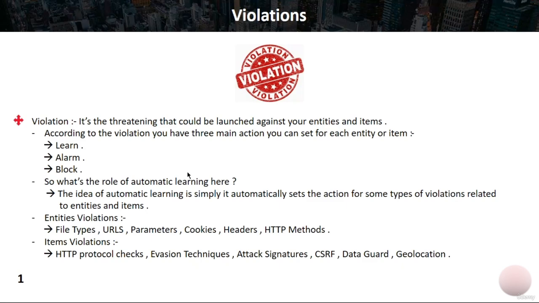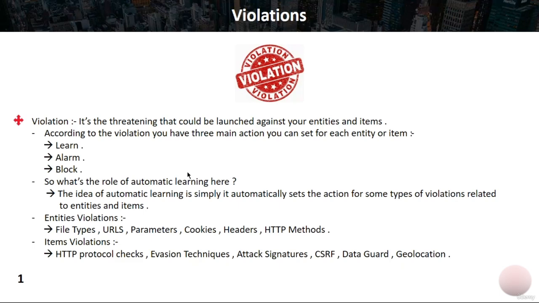So the first thing that we need to talk about is something called violation. So what is violation actually? Violation is the threatening that could be launched against your entities or items. And as we said, the entities are URLs, parameters, file types, any positive model entity, where the items are the attack signatures, evasion techniques, RFC compliance, all these are called items. Okay, so any threatening that could happen against your entities or items, we call this a violation to your web